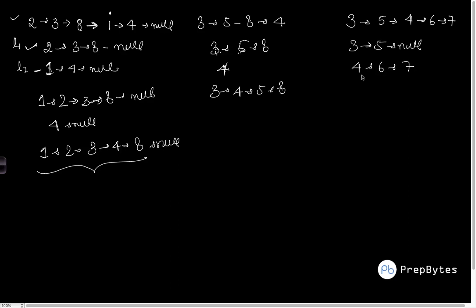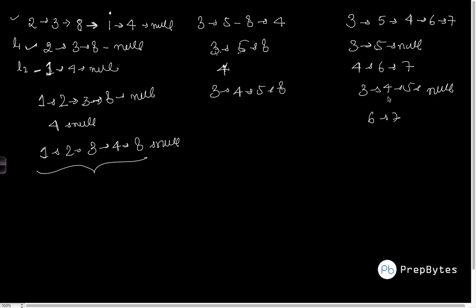So now what I do in this particular case is again check what is the right place for 4. So the right place for 4 is in between 3 and 5 because 3 is smaller, 5 is greater. So I simply do 3, 4, 5, null. Okay, what is the next thing I do? I have to check for 6.